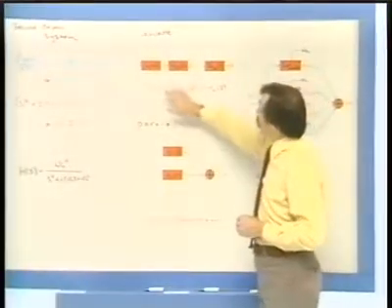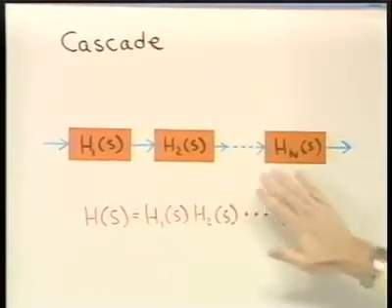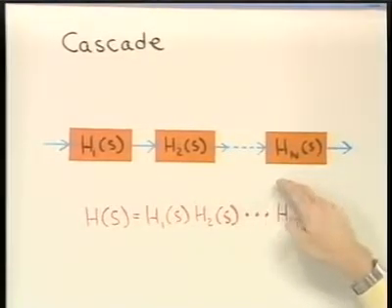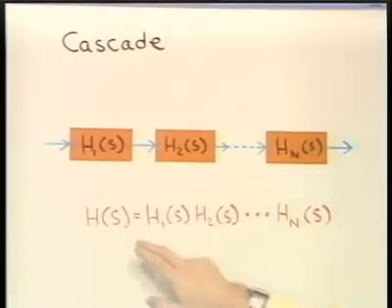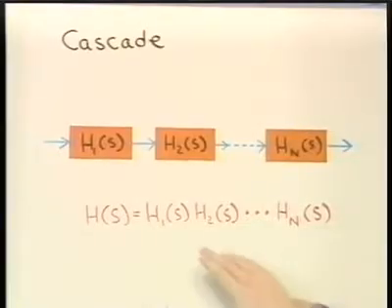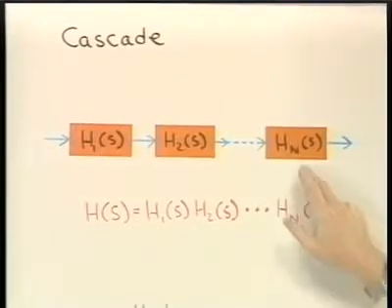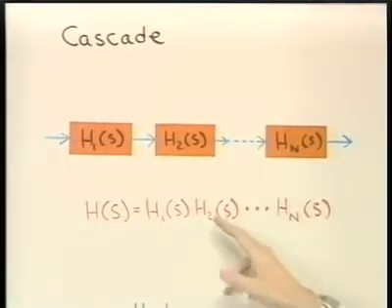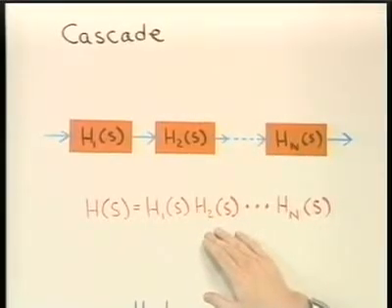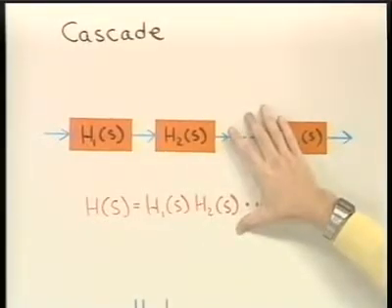In a cascade connection, we would think of combining the individual systems together, as I indicate here, in series. And, of course, from the convolution property, the overall system function is the product of the individual system functions. So, for example, if these were all second-order systems, and I combined n of them together in cascade, the overall system would be a system that would have 2n poles. In other words, it would be a 2nth order system. That's one very common kind of connection.